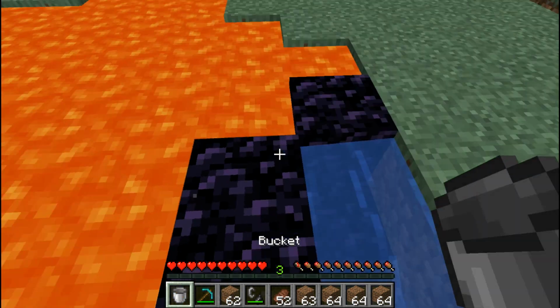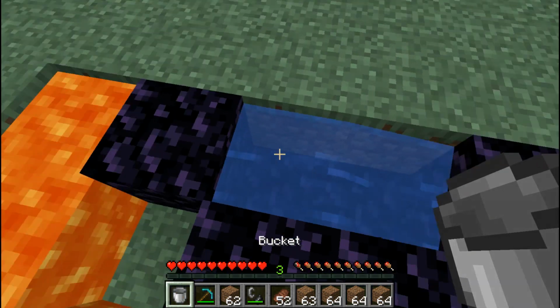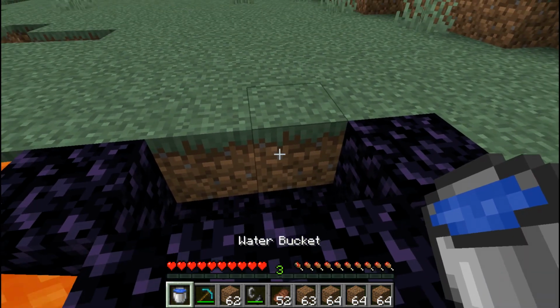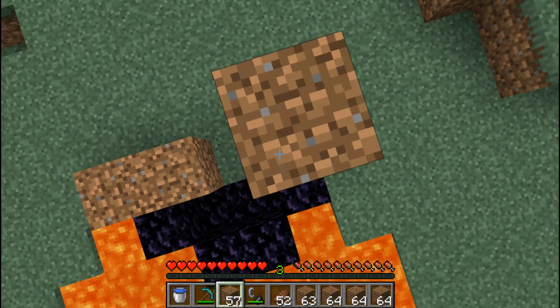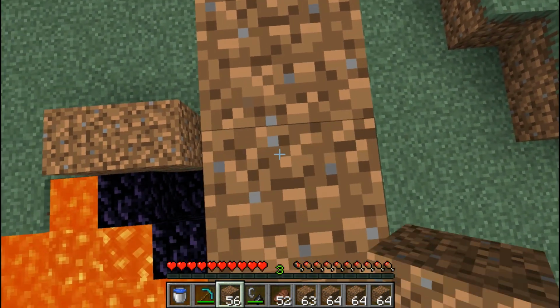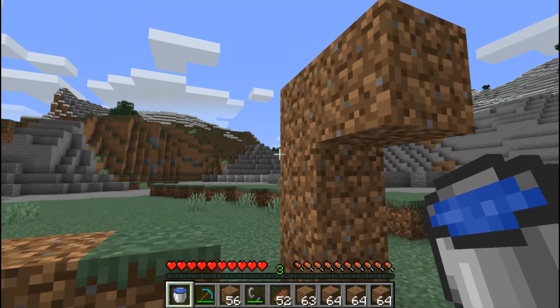Grab some lava. Put it down right like this. Then grab your water. Build 2 blocks like this. And then 1, 2, 3. And then 1 block like this. Then put water on this block,